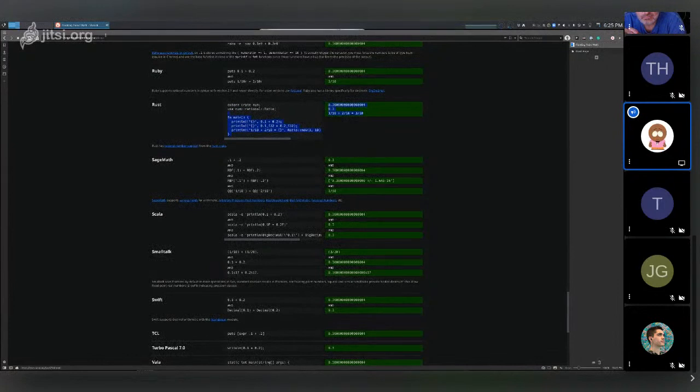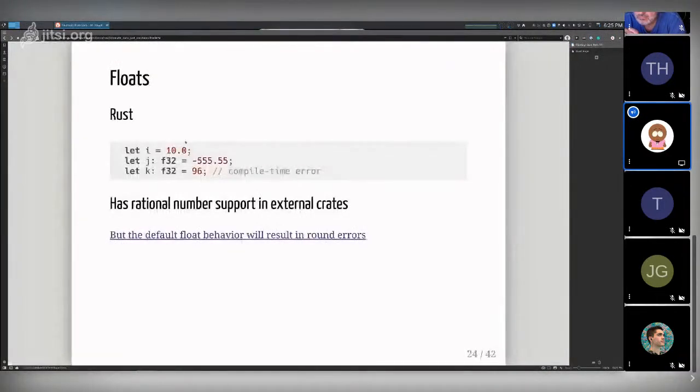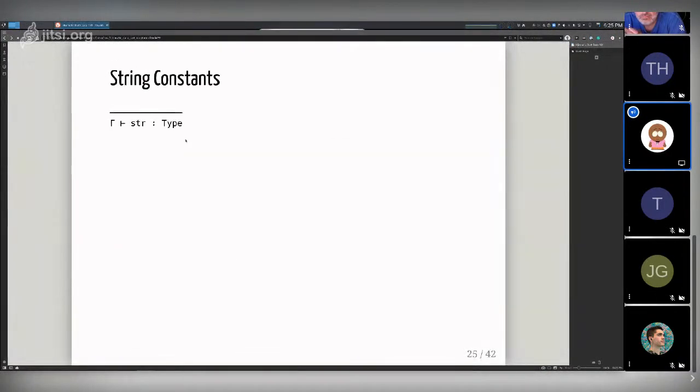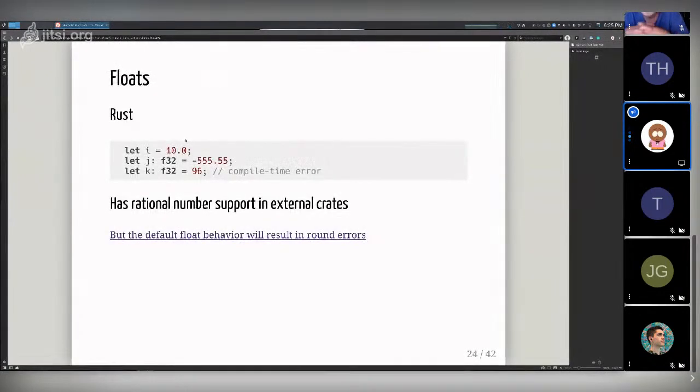Cool. All right. So any questions about numbers? I know it's not the most exciting topic, but a lot of what we do is numbers. So any questions about the behavior, we can go as deep as you want. I have so many questions about numbers, but it's a great topic.